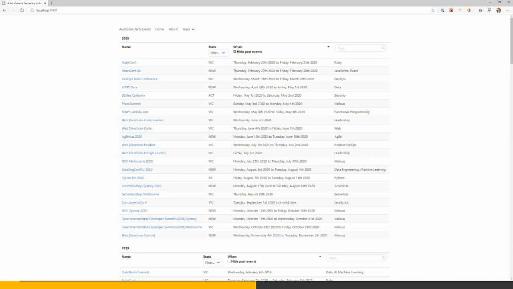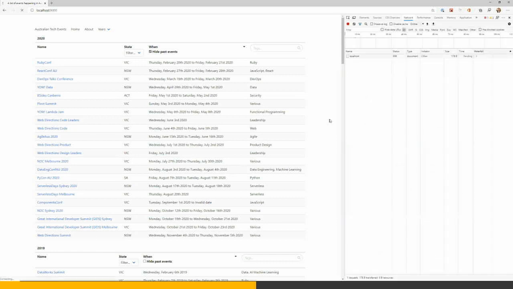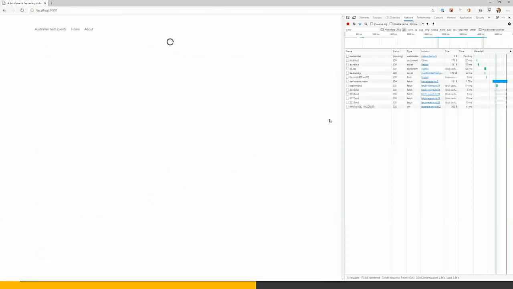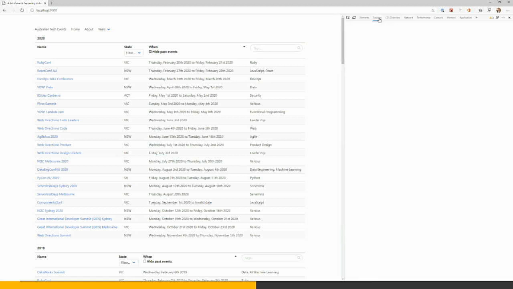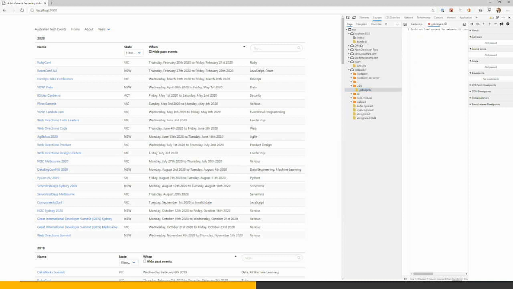I'll bring up the developer tools. Oops, I undocked those this morning, so let me just redock those. Over here. Let's just reload. See, all these HTTP requests are being made. And then if we have a look at the sources, pop that open, we'll see that there is WebAssembly, and that's the stuff that's existed in here. And we actually get a bunch of fun stuff, like the GoBridge appears in here and stuff like that.